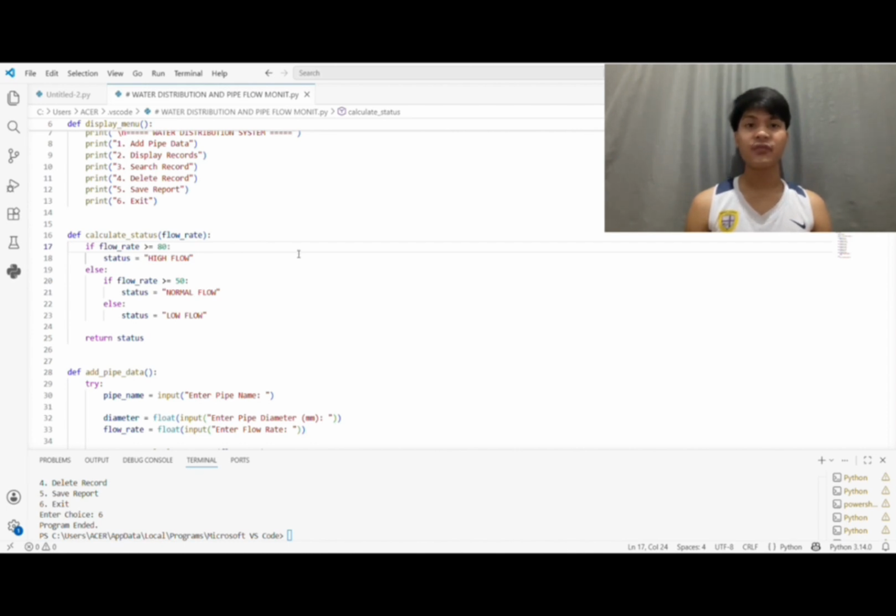Namely, if the flow rate is 80 or above, it returns high flow, signaling a potential pressure surge. While if it's between 50 and 79, it returns normal flow. Anything below 50 is categorized as low flow, which could mean a leak or a blockage in that community sector.